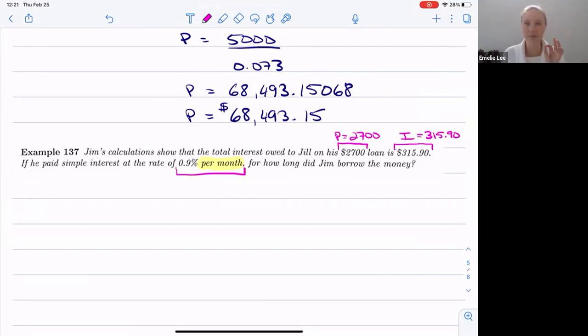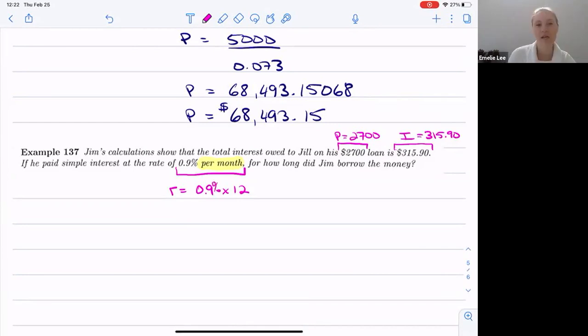we need to do a little bit of work here and say that the R must be 0.9 times 12, right? Because there's 12 months, and I assume that you know that there are 12 months in a year, right? 52 weeks, 365 days is what we'll use in this course in a year. So just those guidelines. So we need to multiply it by 12 to get it per year, right? So it's actually